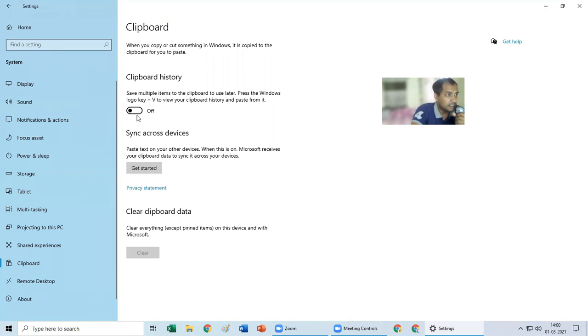When you press that and you have turned this option on, you can copy multiple times. Suppose you copy A, copy B, copy C, copy D. While pasting, your computer will ask you whether you want to paste A or B or C or D. That means you can copy multiple things and paste whichever you want. That's a unique feature in the clipboard section.